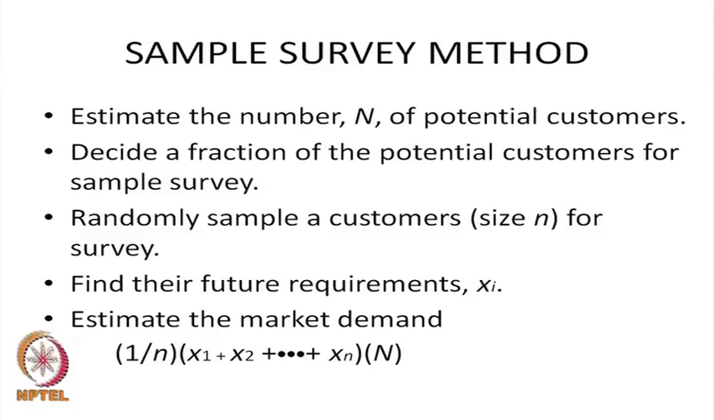Here what is done is the number of potential customers is first estimated. Let the number be capital N. Then randomly a sample of such potential customers is selected, and let the size of this sample be small n,